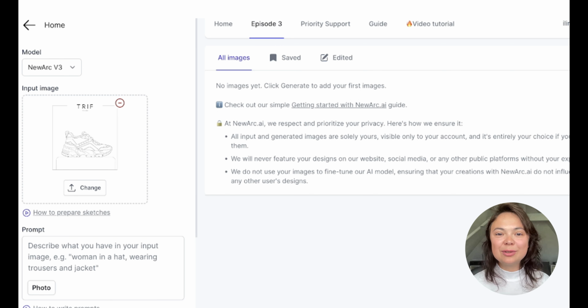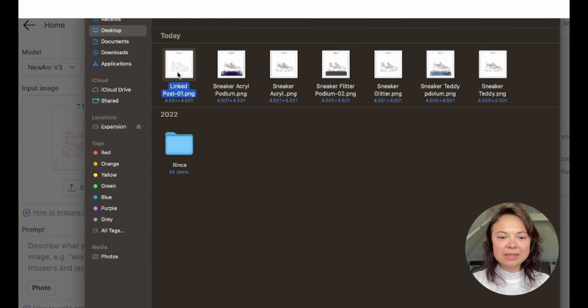It looks great to show the most mind-blowing realistic sketch, but the truth of the matter is you really have to do a lot of renderings in order to get to that perfect image that you see in the end posted online. So I will upload a sketch. I'm going to start with this one,